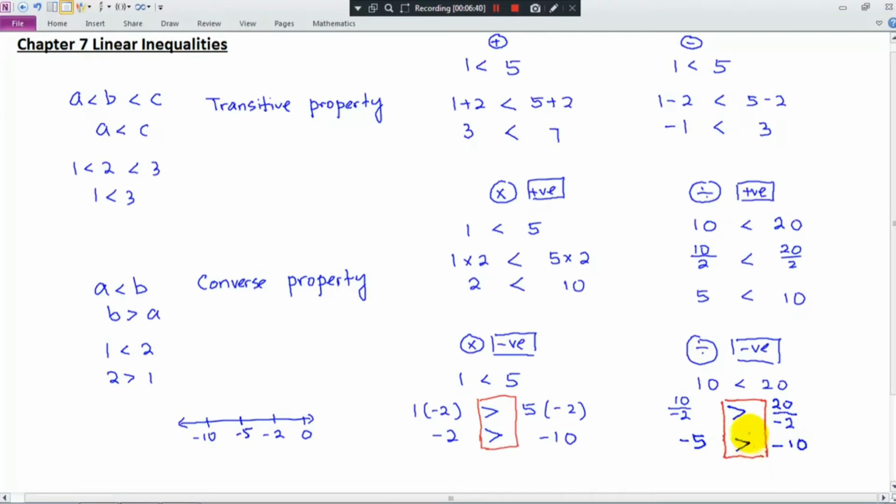So remember, when you multiply or divide both sides of the inequality by a negative number, you have to flip over the inequality sign. Another situation will be this. If you perform reciprocal for both sides of an inequality, you need to flip over the inequality sign also. For example,